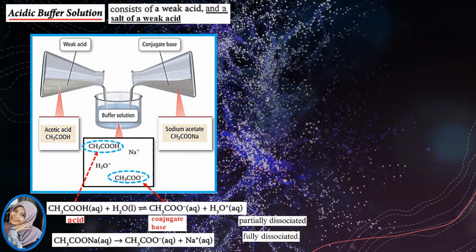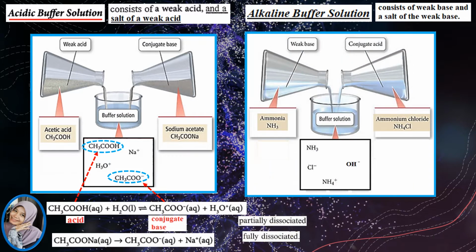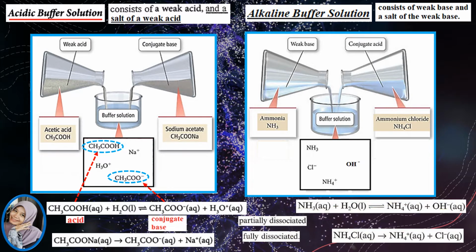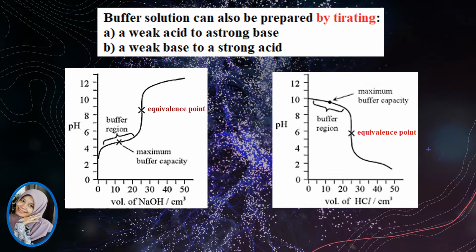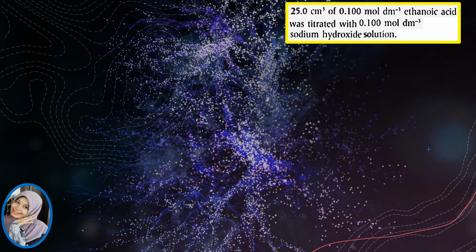Second type is alkaline buffer solution. Example, aqueous mixture of ammonia and ammonium chloride. Ammonia is only partially dissociated and ammonium chloride is fully dissociated. A mixture of the two in aqueous solution contains a high concentration of ammonia molecules and ammonium ions. Buffer solution also can be prepared by titrating a weak acid with a strong base, or a weak base with a strong acid. Let us discuss when 25 cubic centimeters of 0.1 molar ethanoic acid was titrated with 0.1 molar sodium